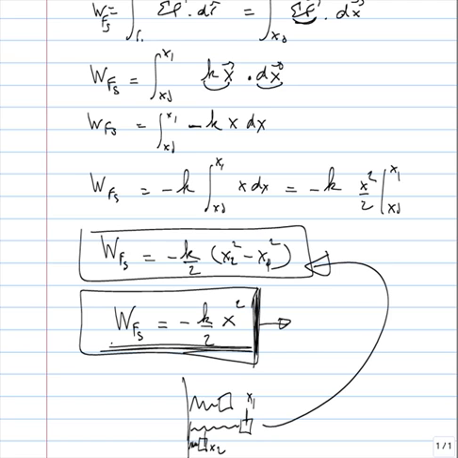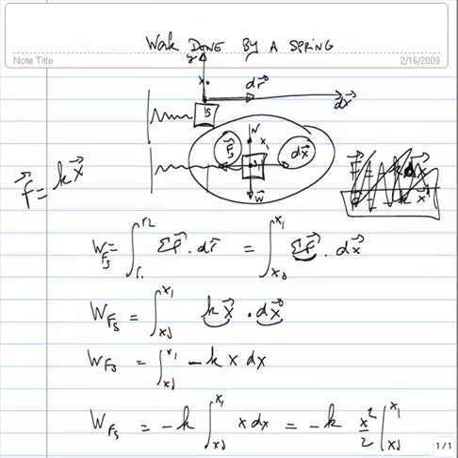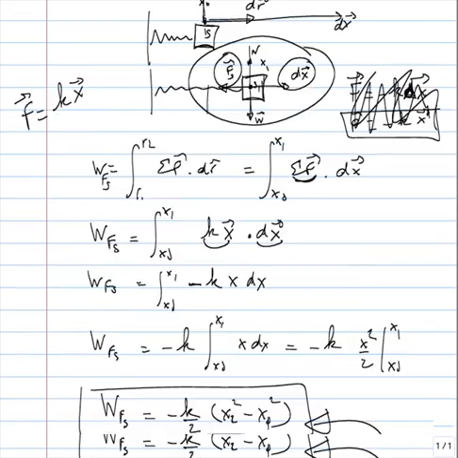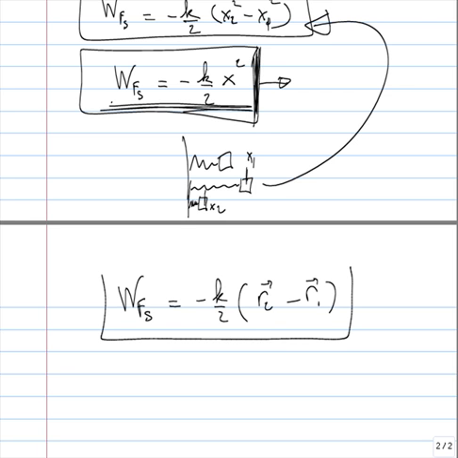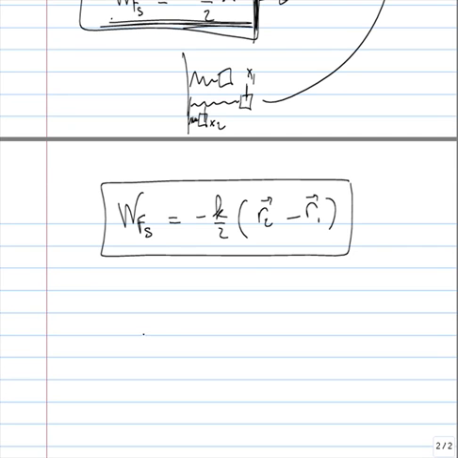Okay, so remember, we have aligned our coordinate system dx with dr. If we don't do this, then really we will obtain the exact same results, except we will be dealing with minus k over 2 (r2 minus r1). And this is still true, and the nice thing about this is you could have a spring,